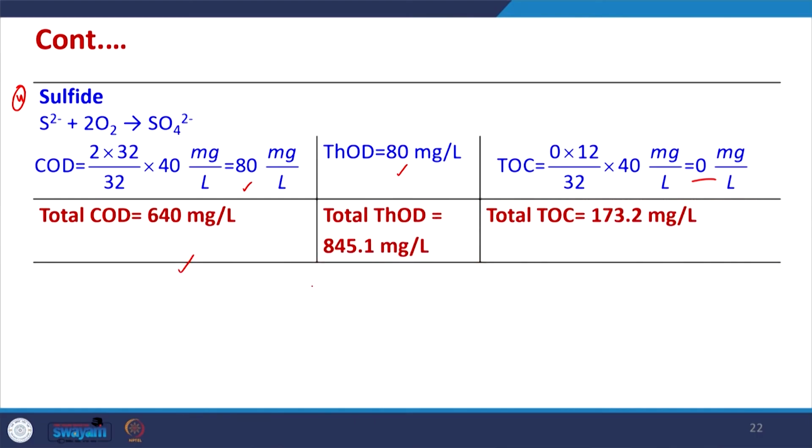So, this way we can perform the calculations. If we have the idea of BOD to COD of similar wastewater, we can tentatively calculate if we know this K value. Like it was given in the range of 0.6 to 0.7 for some wastewater. So, we can estimate the BOD from here without performing the test, or we can have a tentative idea of the BOD also. So, this is how we can estimate the oxygen demand